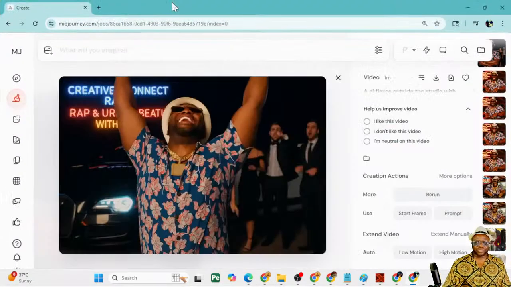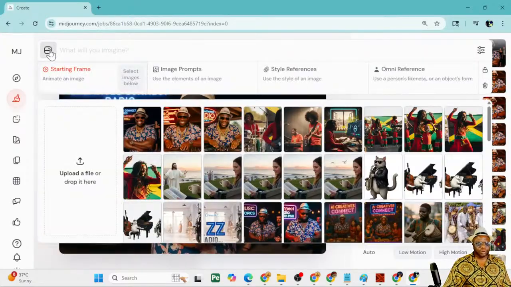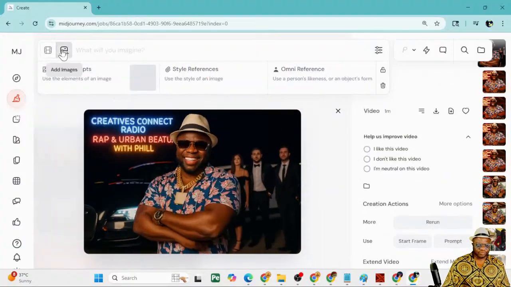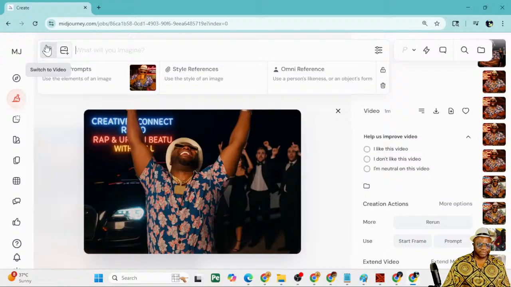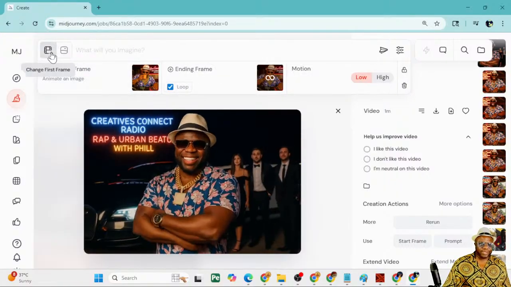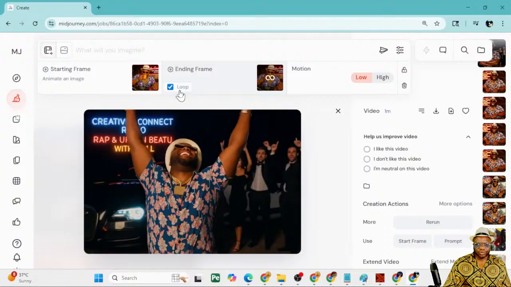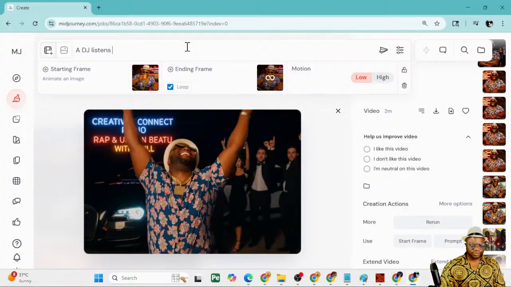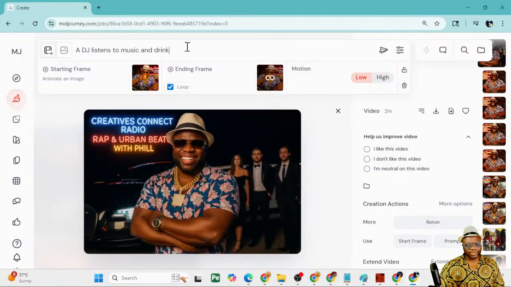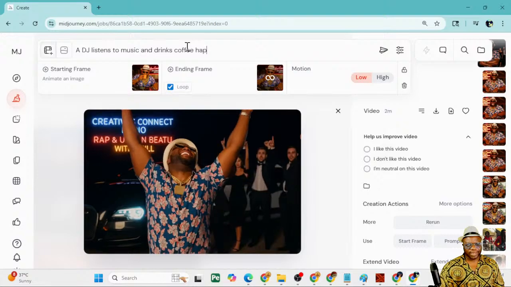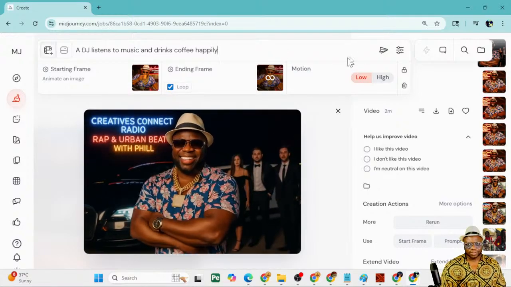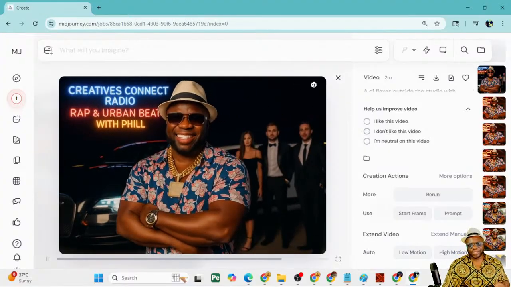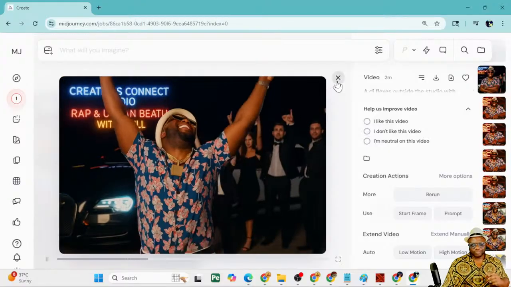So back into Midjourney and a new prompt. In fact, I could just Control V it like that if I wanted to use it for my video, and then just hit the video icon, loop, and then I could say, a DJ listens to music and drinks coffee happily. Enter, and that's it. Now, I'm showing you Midjourney because Midjourney is the only tool that I have found almost